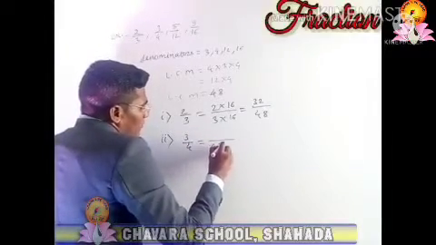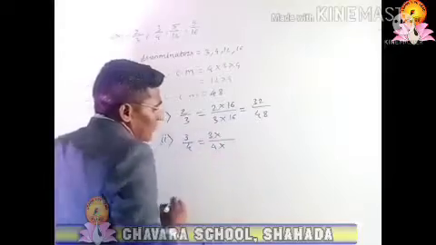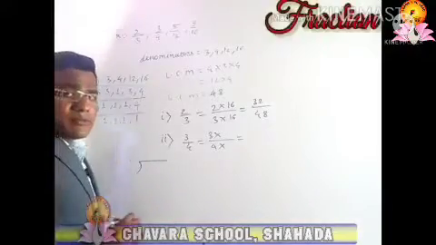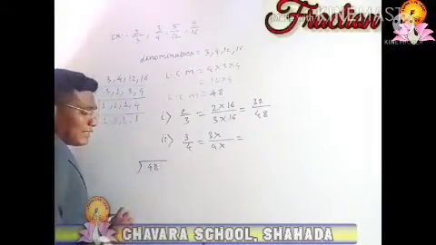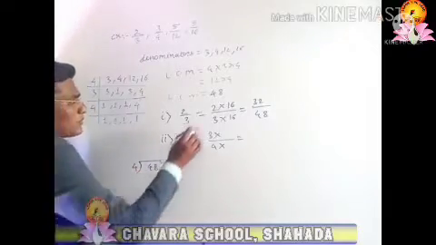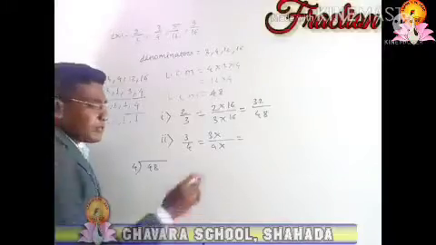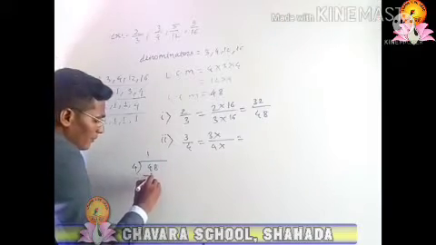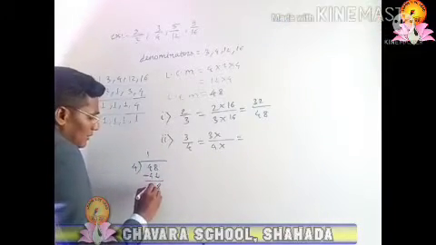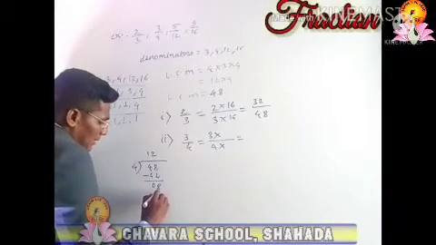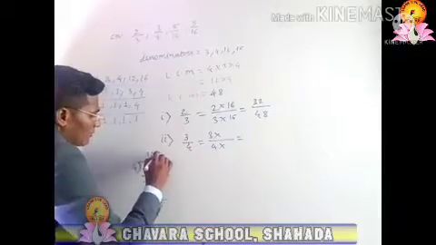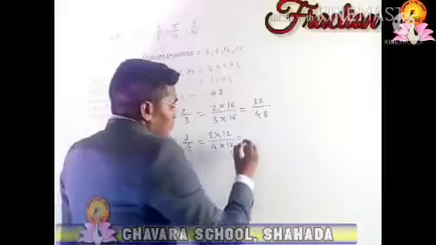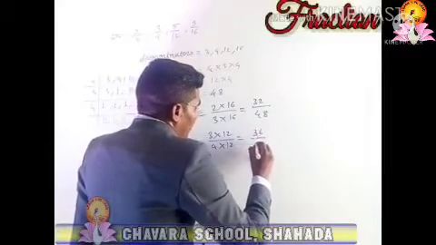The second fraction is 3 by 4. Which number multiplied by 4 gives 48 as the denominator? If we don't know the multiplicative number, then we can find that number by using the division method. We put the LCM and divide by the number we are multiplying. 48 divided by 4. So 4 1s are 4, 8 will be as it is, and 0, and 4 2s are 8, and this will also be 0. Whatever answer we got is the multiplicative number. Then we multiply by that same number, 12 and 12 3s are 36 upon 48.